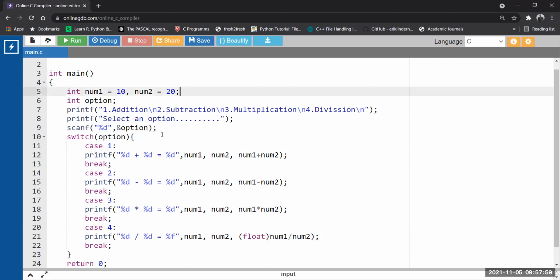Okay, so let's take some numbers. Let's make it 100, and now make it 15. Definitely there will be a fractional value.